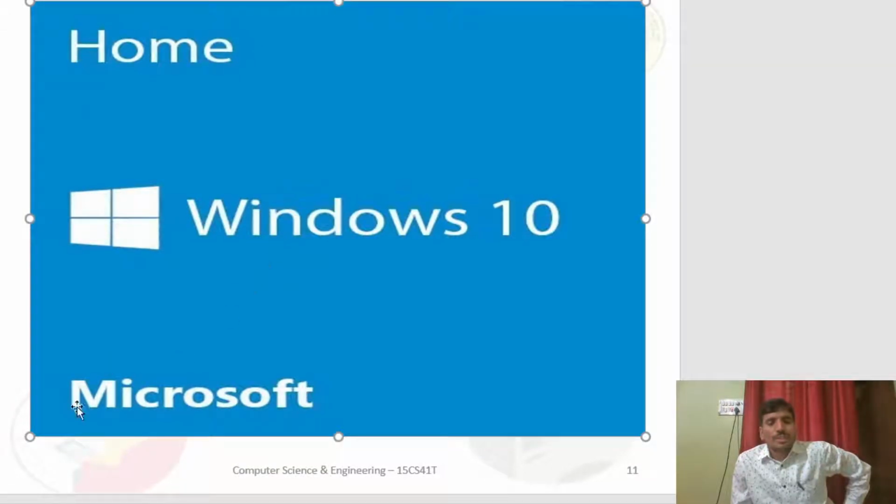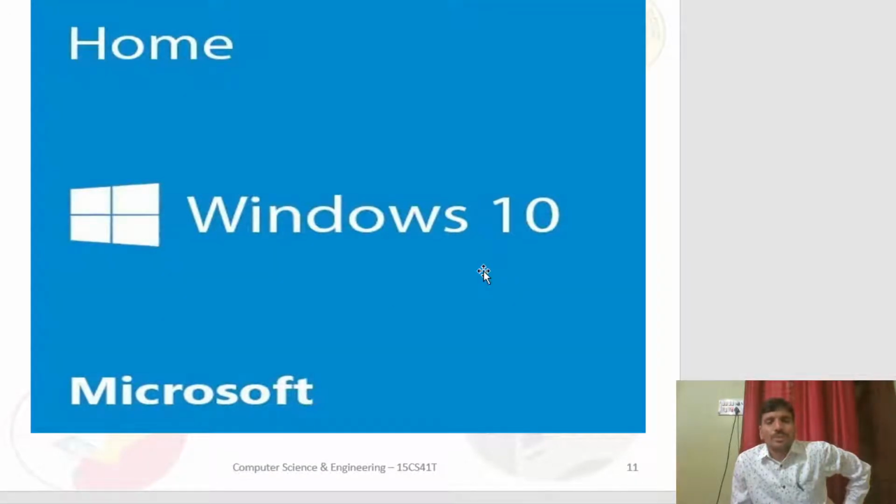So here is another picture, Windows 10. This is an operating system by Microsoft company. We have many operating systems like Linux. In Linux, Red Hat, Ubuntu, Fedora, many versions of many Linux operating systems are available.